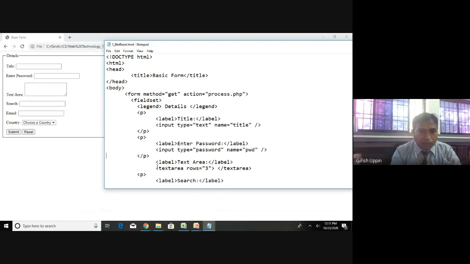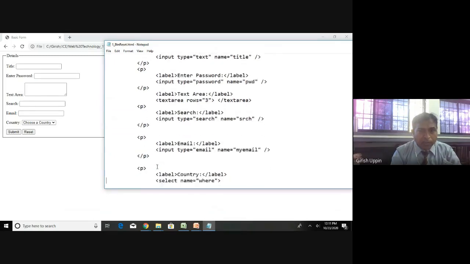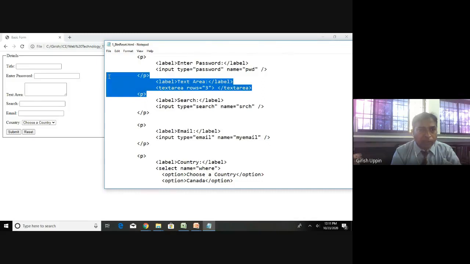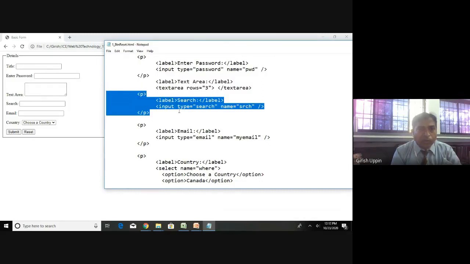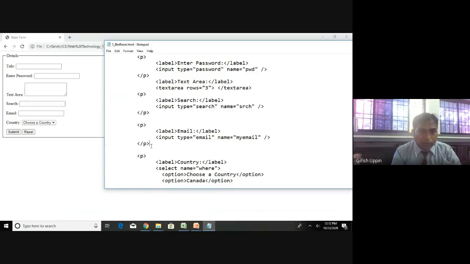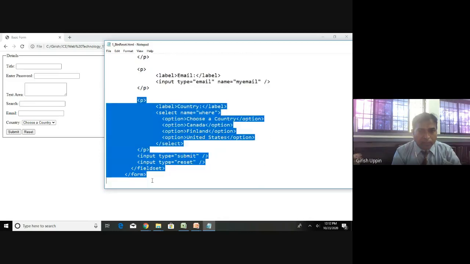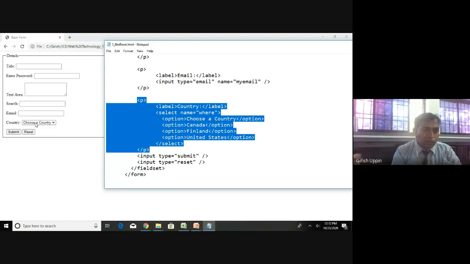Next is text area, this one. Next we have search, this corresponds to this. Then I have one more, email, type is equal to email, this is the one. And next I have a select, that is this particular drop down.